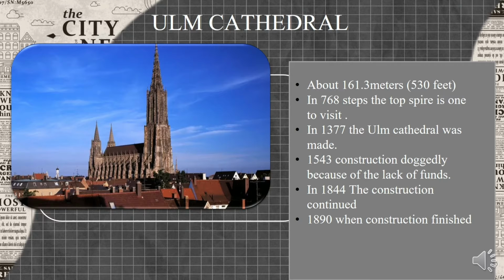The Ulm Cathedral is one of the greatest Gothic architecture cathedrals. It is also known to be the world's tallest church spire, about 161.53 meters, 530 feet, with slopes and honey-colored stones and pinnacles. In 768 steps, the top of the spire is worth visiting for it has amazing panoramas across Swabia and